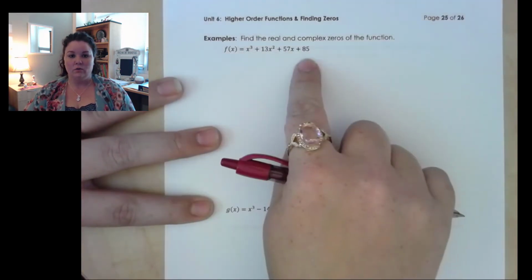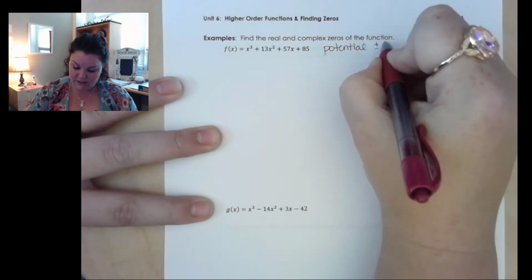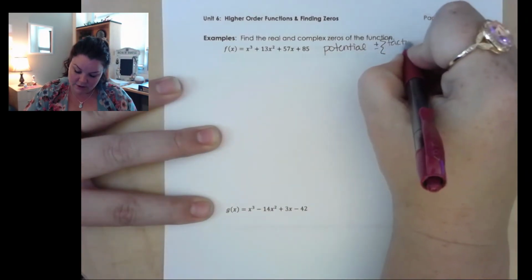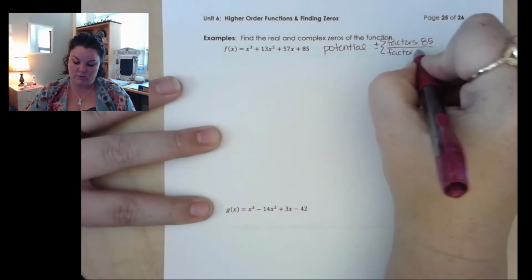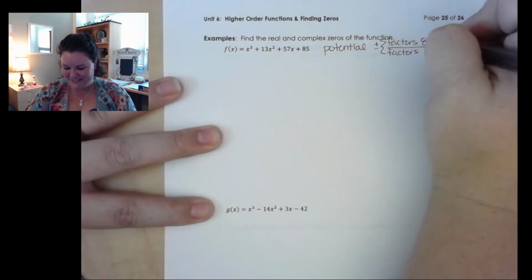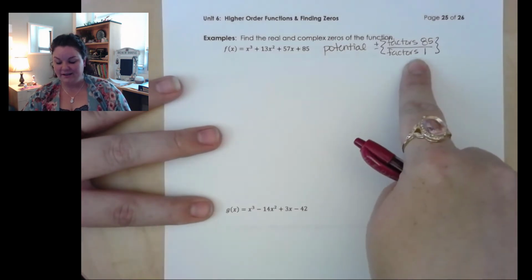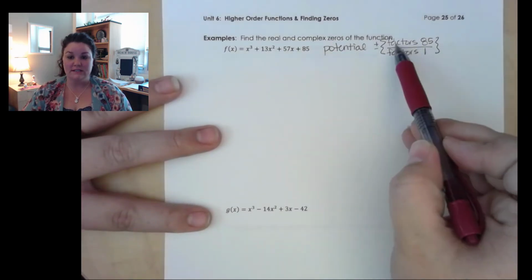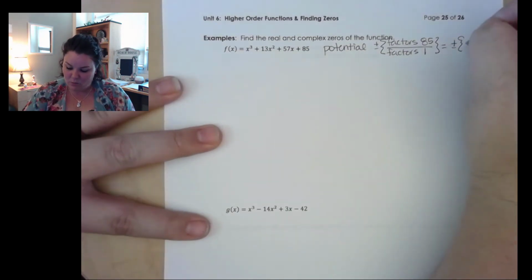So here's our function. We're going to go ahead and look at all the potential rational zeros first. So we do plus or minus the factors of our constant term, right? So we're going to look at factors of 85 divided by the factors of our leading coefficient, which in this case is 1. And we love it when our leading coefficient is 1 because the only factor of 1 is 1, right? So basically, when we take any number and divide it by 1, we get that same number back. So our only potential zeros here are basically just the factors of 85. And the factors of 85 are 5 times 17. So it would just be 1, 5, 17, and 85